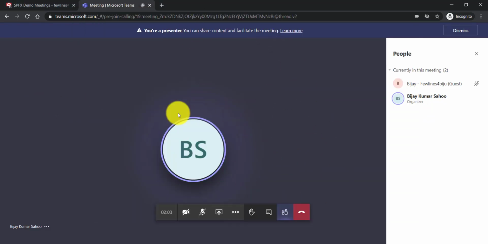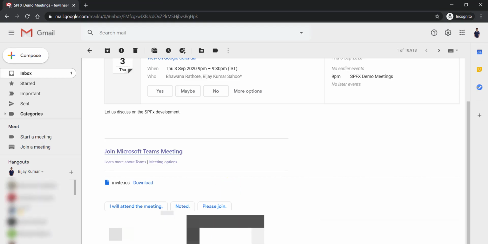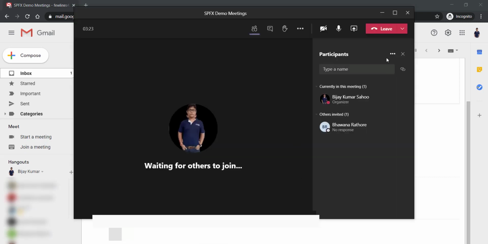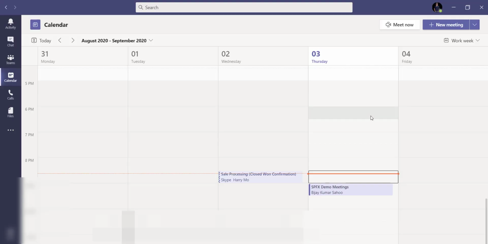If you go to the guest user view, you can see this is the guest user view, and it is saying you are a presenter and you can share the content now. Basically this is the share screen, and they will click on that and then they will be able to share the screen. The guest user also can do this. Now this is one way that you can join, or you can invite your guest users. The other thing is, let me just close this meeting. So now you can see we close the meeting in Teams here. So let me end the meeting. Now you can see we end the meeting.